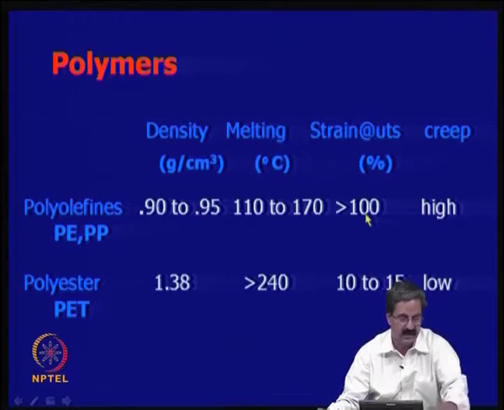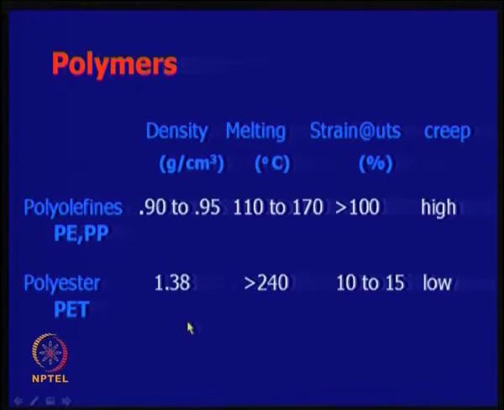For example, if you take a geotextile, the strain at ultimate tensile strength can be a little higher, and creep also could be higher. For some polyester materials, the specific gravity or density is higher, the melting point is also higher, and the strain at ultimate tensile strength is about 10 to 15%. If you take a stiffer material, it will reach the ultimate tensile strength very fast, and the creep could also be low. In some applications we do not want a lot of creep, so it is very important that we choose the materials properly. One should ask what type of polymer you have in a particular geotextile.